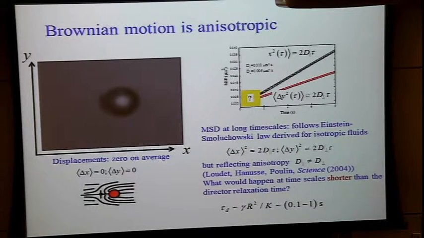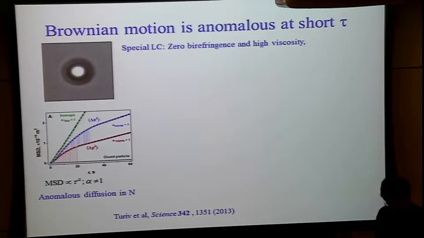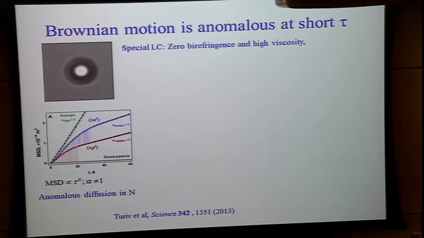But then, there is this characteristic time that we already met in the Frederiks transition that depends on the typical size. And we have some typical size. So the question is, I have this characteristic time of director relaxation. Would that somehow influence the results or not? So I'm about to talk about this region at small time scales where something might happen just because the director relaxes over those scales. So to have the experiment done properly, we got rid of the birefringence of the liquid